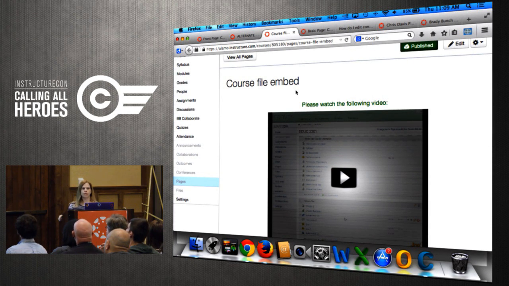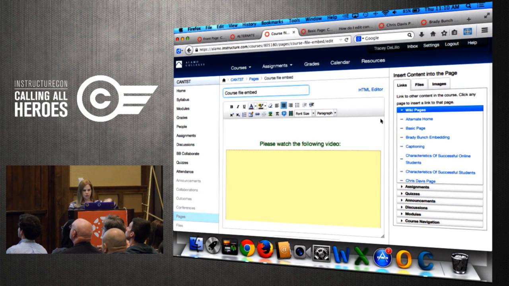People want to be able to embed things, and you can do this various ways, modules, whatever. But what I've had people say is, I want to embed in a single page multiple videos, multiple documents, different things. And I just used iframes for this. And this is all information I dug out of the Canvas community.